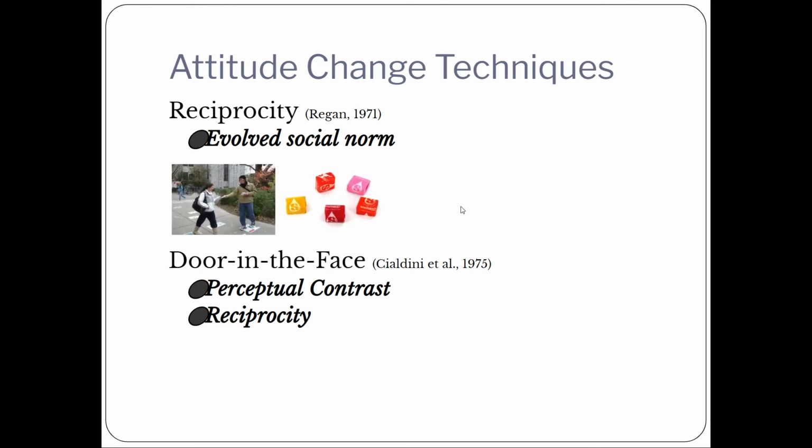You might see an example of reciprocity in a lot of domains of persuasion. One example is, I don't know if this ever happened to you, but maybe you're walking on the street, and then someone from an NGO or an organization approaches you, and first they start off by giving you a small gift, like a token or some candy. Yeah, that sounds a little sus. And